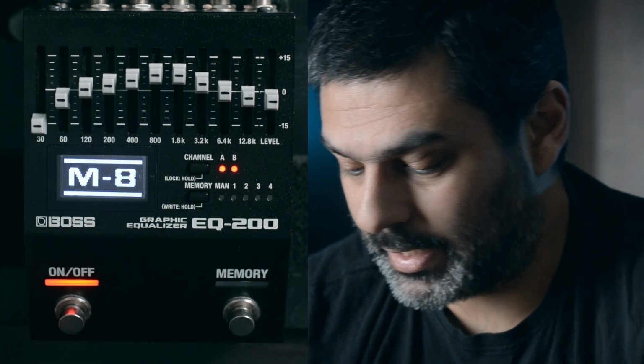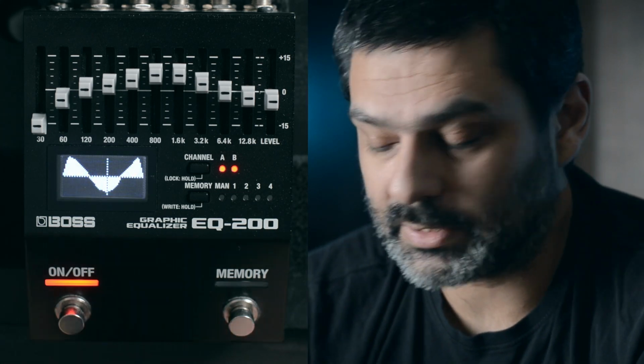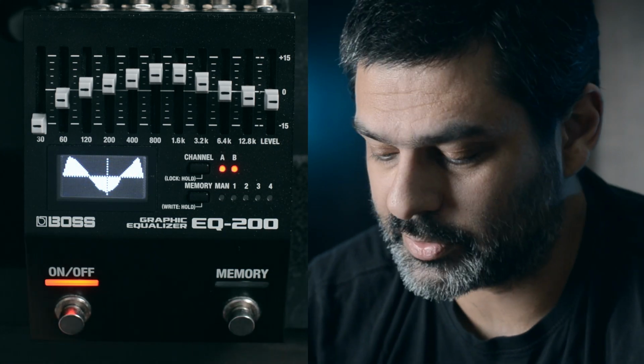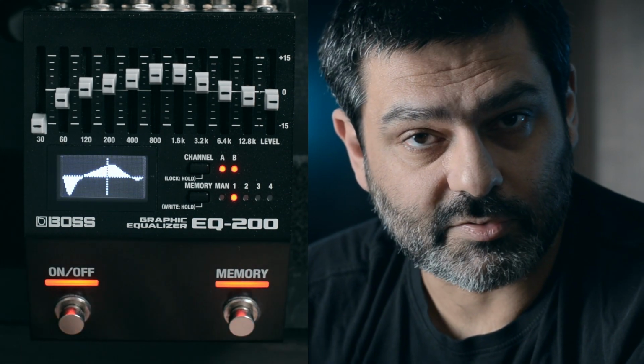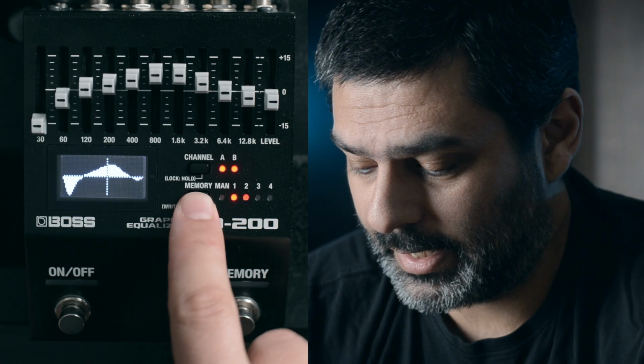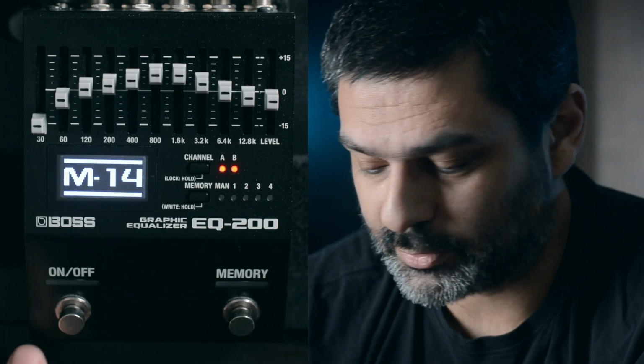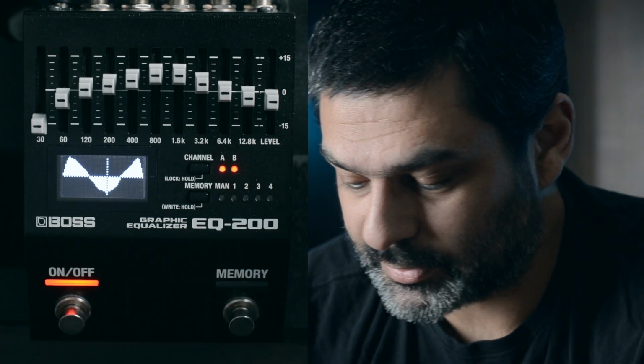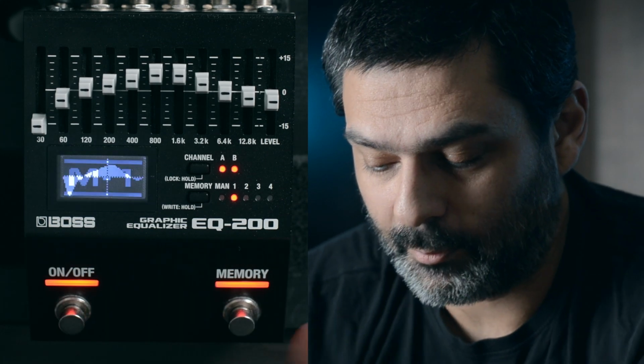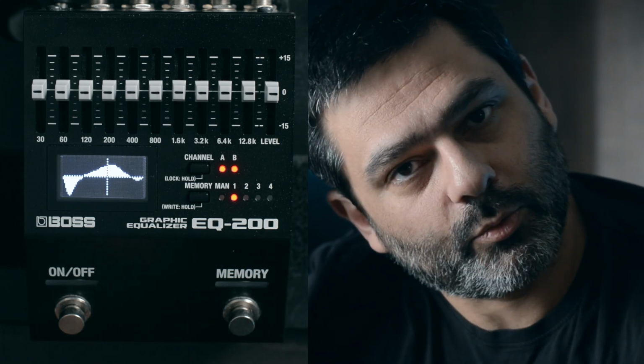And now you're playing and you've picked your memories and you're in any other memory. You have your lead coming in, your big moment, solo, press memory, and it goes straight into memory number 1, and everything's on. Press it again, it turns it off, and you can now go and select your other memories with your external switches, and your equalizer is on with any other configuration. Another solo comes in, you press number 1, back to memory number 1. Nifty, eh?